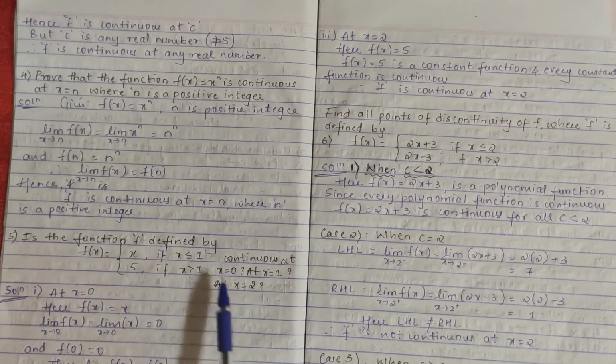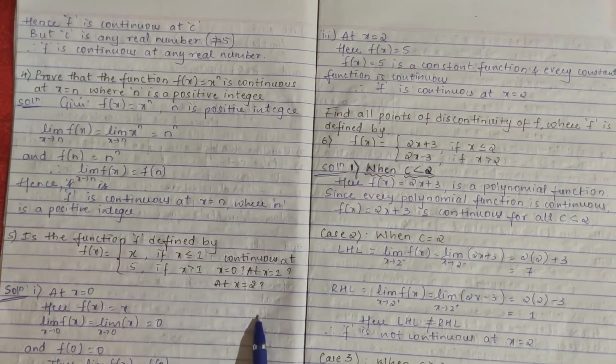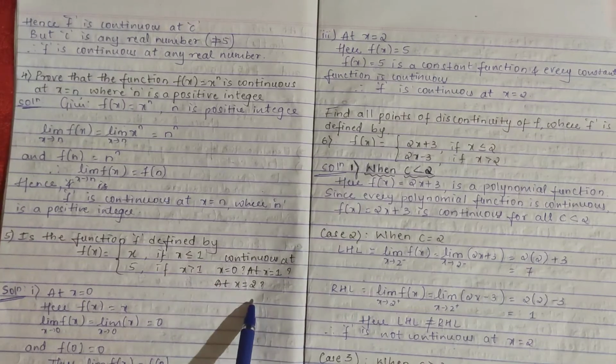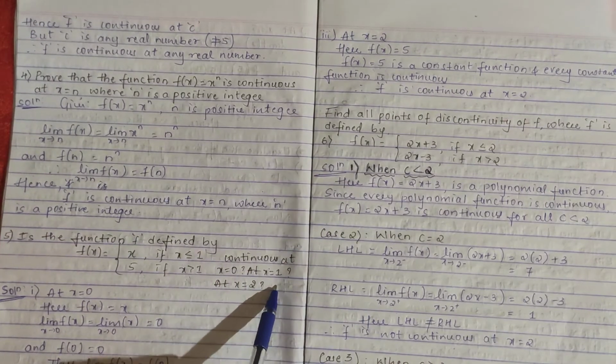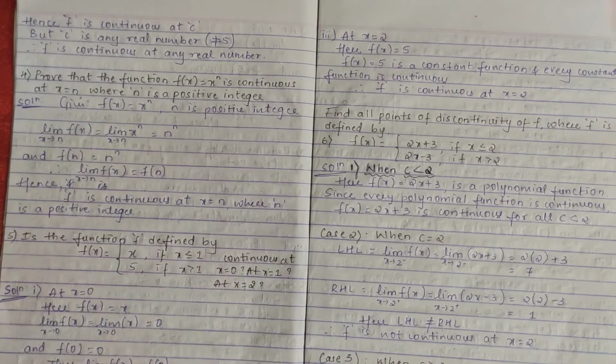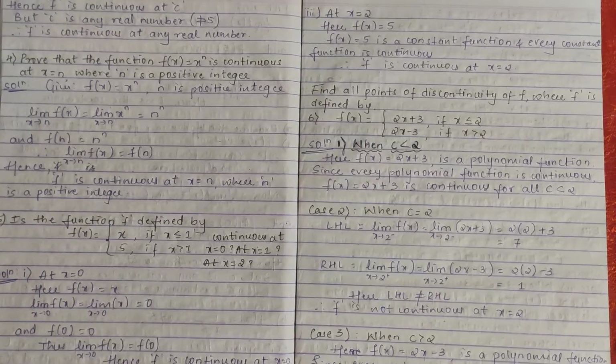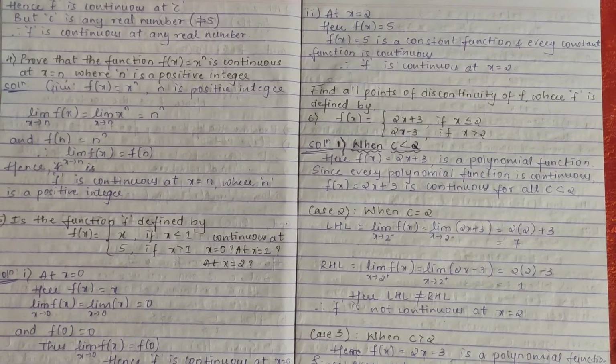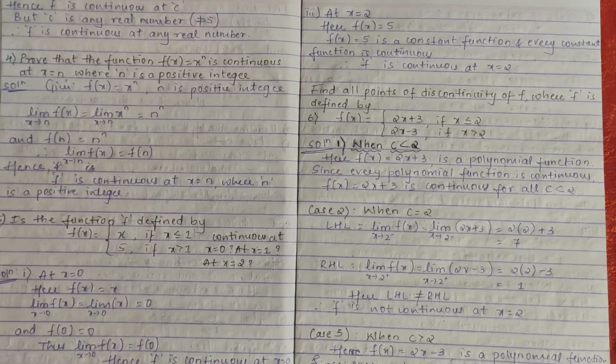Understood? Here they have given us 3 cases, and for all 3 cases we have checked. We have got continuous at x equal to 0, and continuous at x equal to 2. At x equal to 1 it is not continuous. Whenever you are solving the branched questions, be careful. Here they had given you the points, you did it. Now we'll go to the next problems.